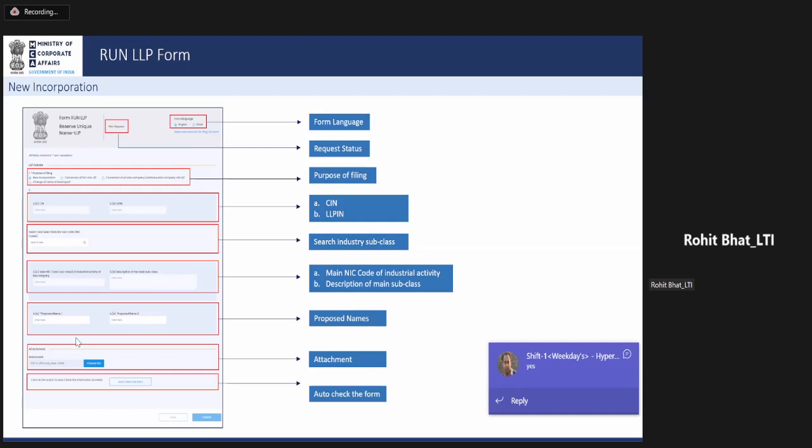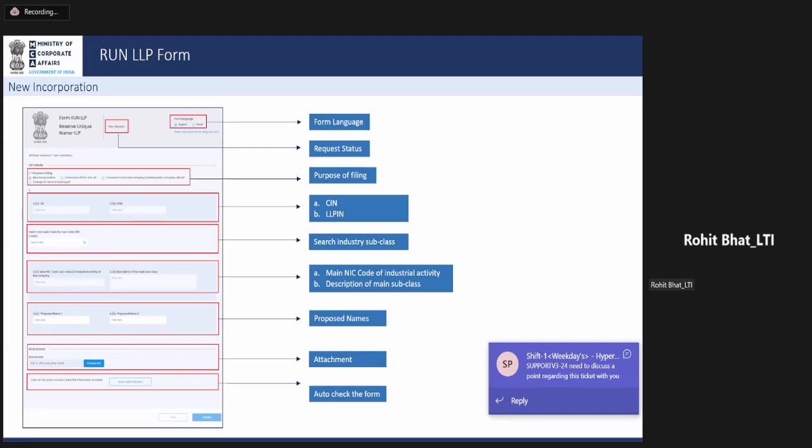Attachment section is not mandatory, so the user can select up to 5 attachments here, with a maximum of 10 MB of attachment. We understand that sometimes NOCs or any central government approval are required to be attached. The users can attach them here. Earlier, there was a limit of overall 6 MB for the complete form, including DSCs and everything. Now in V3, the complete form including DSCs and all the attachments is maximum 10 MB, and individual attachments in all the forms are maximum 2 MB.